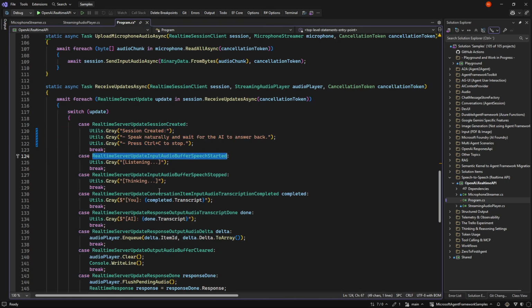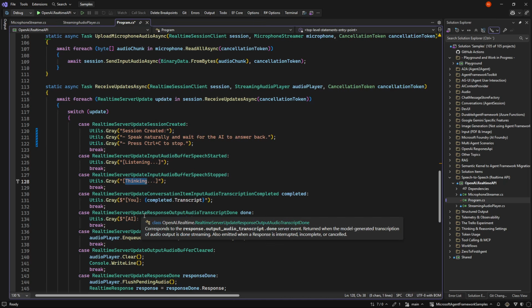Then there's a buffer speech started, meaning whenever we begin to speak, it tells us, oh, I'm in listening mode right now. So we just say listening back in our console here. And whenever we stop speaking, we get the speech stopped, and then it begins to think, because it might take a little while for our question to be answered based on how difficult the answer is.